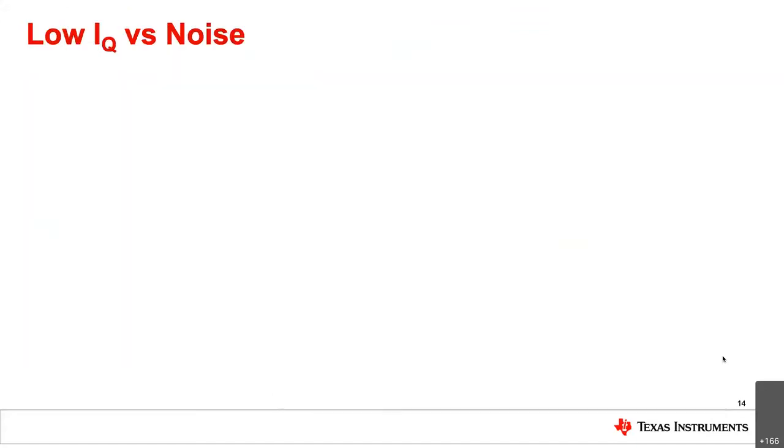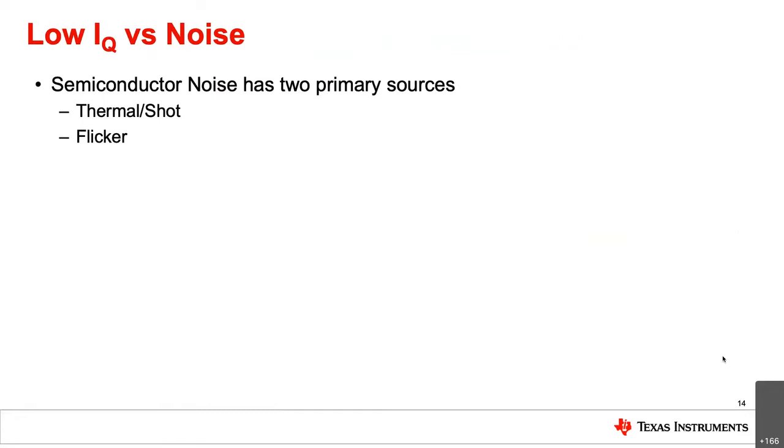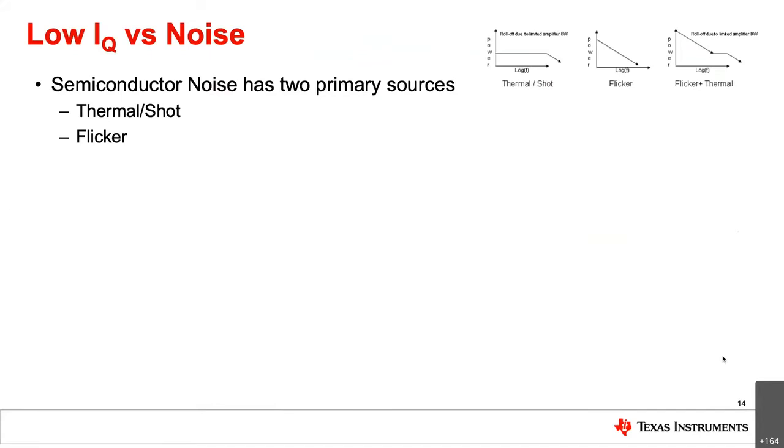So generally, there are two primary sources of noise in semiconductors. We have thermal and flicker noise, which has these effects on a power versus frequency scale. So you can see that thermal noise is fairly flat across a wide frequency range with a roll-off due to the amplifier bandwidth. And then the flicker noise, which we'll see more at lower frequencies versus higher frequencies. And also the resultant flicker plus thermal noise is generally the shape of our traditional noise plots that you'll see in our data sheets, and also on some plots moving forward.